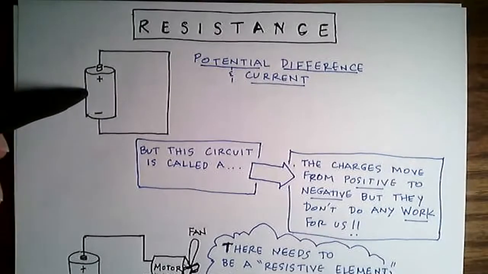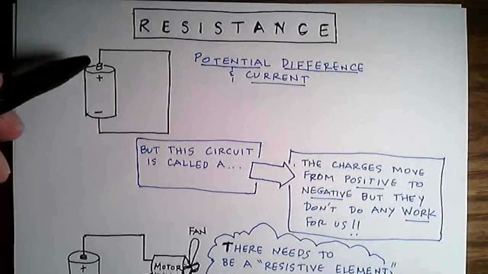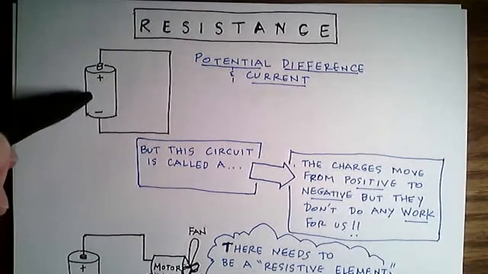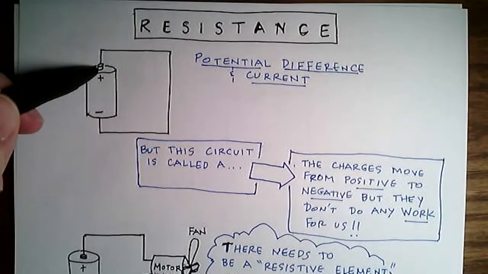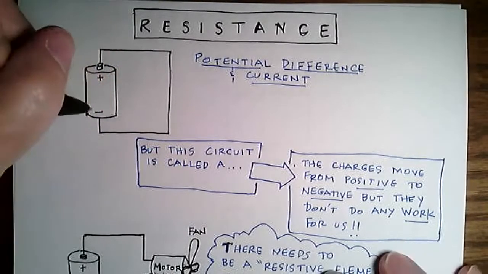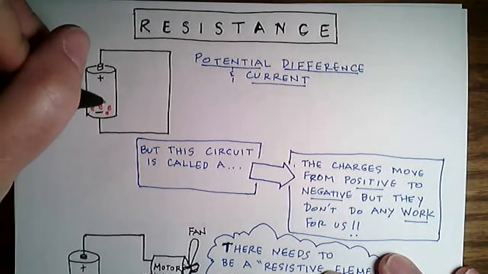If we talk about a simple battery setup, what you see here would be a circuit. There's a path that goes from the negative side of the battery all the way to the positive side of the battery,